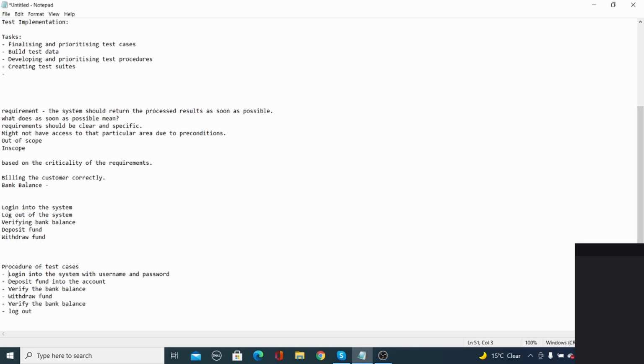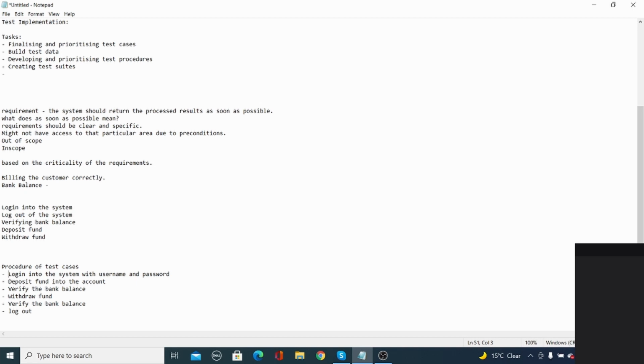Why do we need a test procedure? Because it saves time. If you're just testing login, log out, no, but in this process, based on the conditions, you can bunch these test cases together. That is called test suites. And for the test suites, you can decide based on the procedure in what sequence you are going to execute them. Understood? Or do you have any questions?